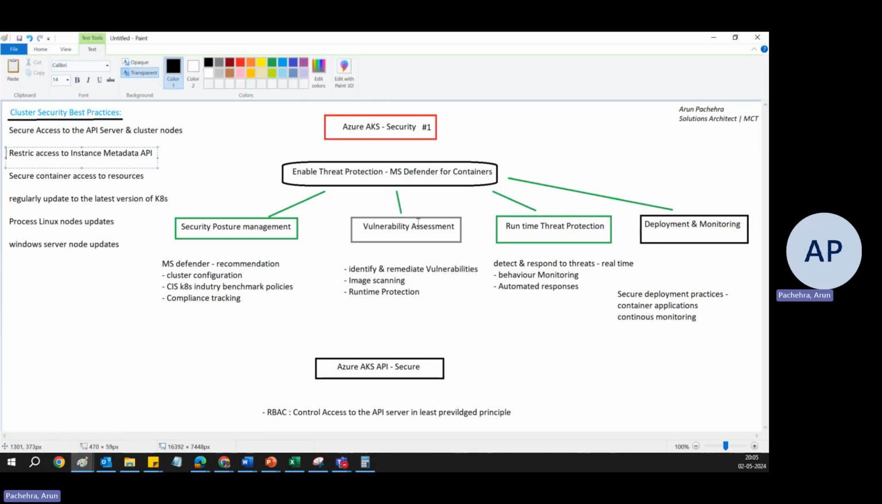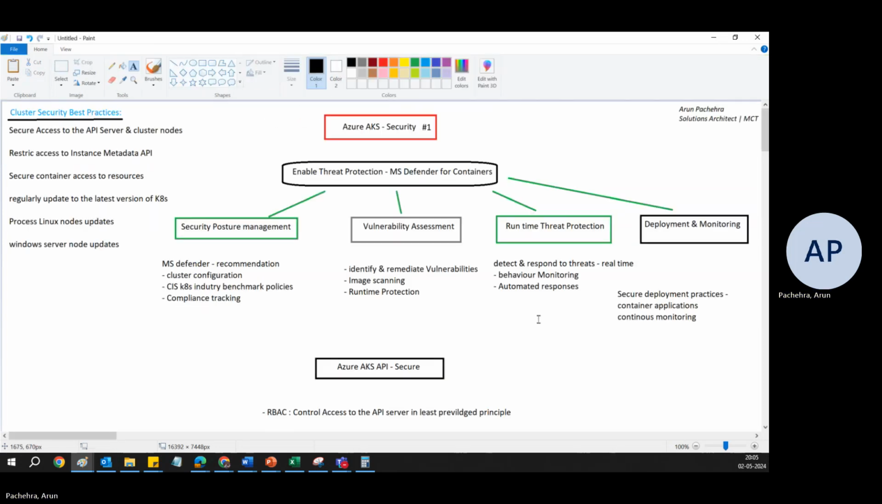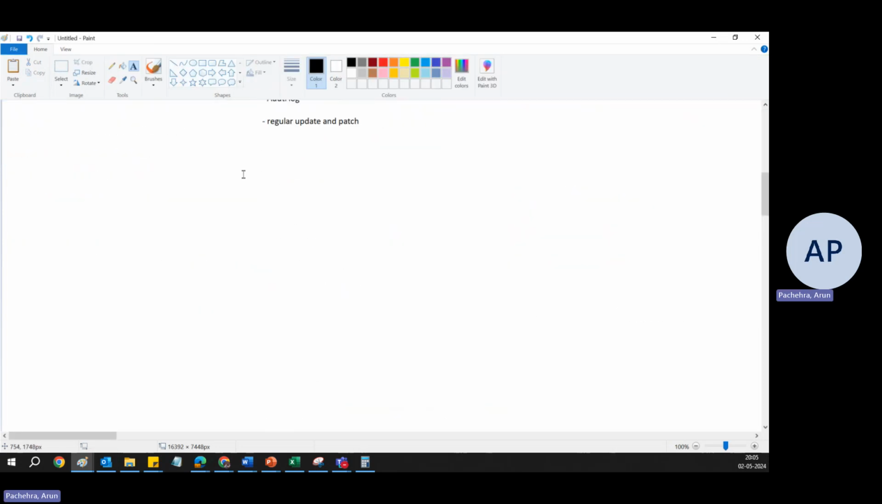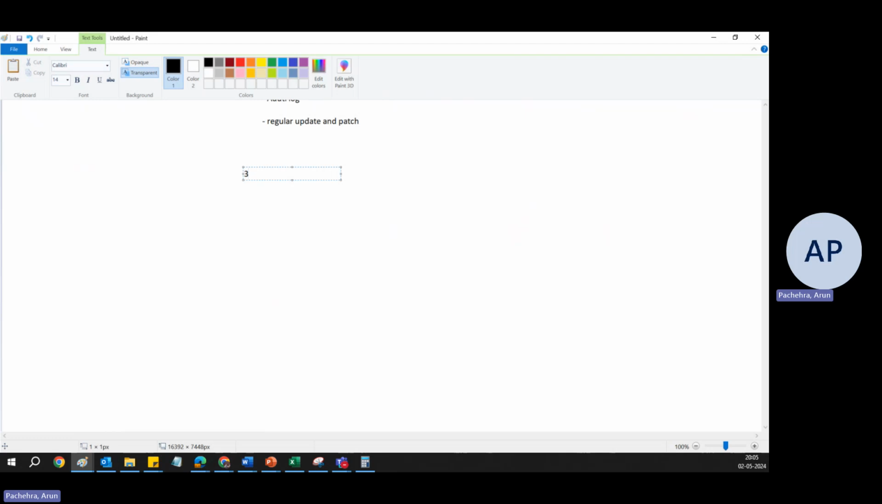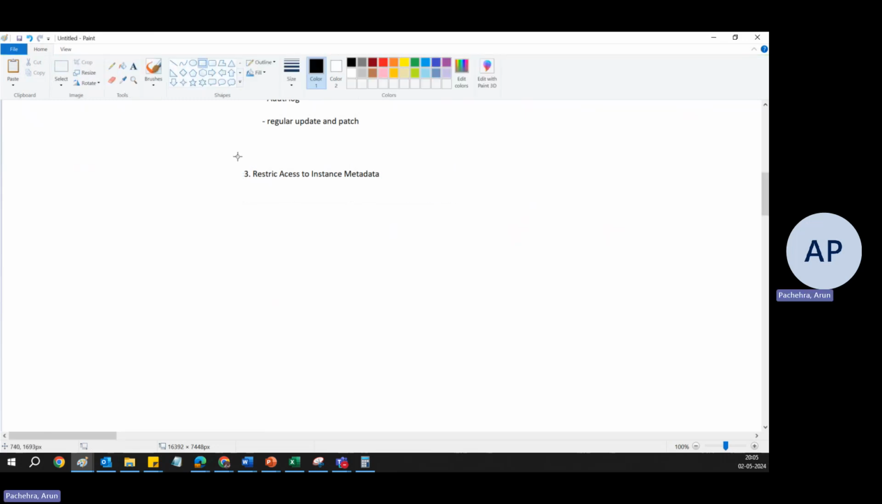to instance metadata. Here we can, third point, restrict access to the instance metadata, right? So this is another point for the security of Azure AKS